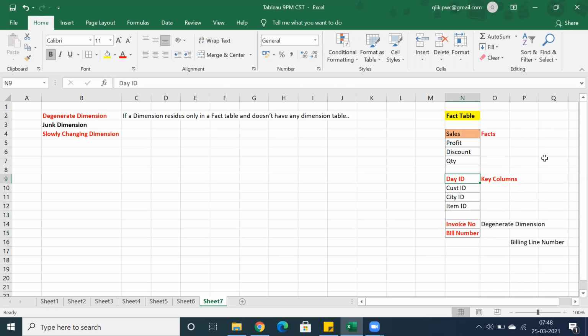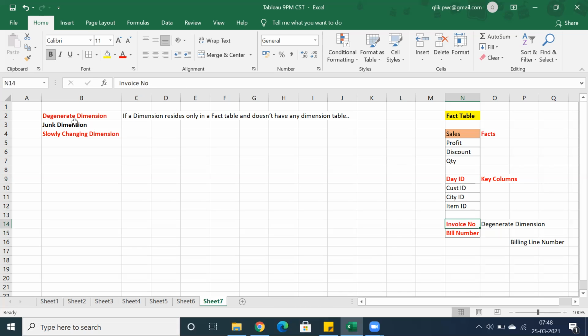Let's say we have day ID and I have a day dimension table, that's not a degenerate dimension, right? Whatever column is present only in the fact table and does not exist in any of the dimension tables, we call it a degenerate dimension.